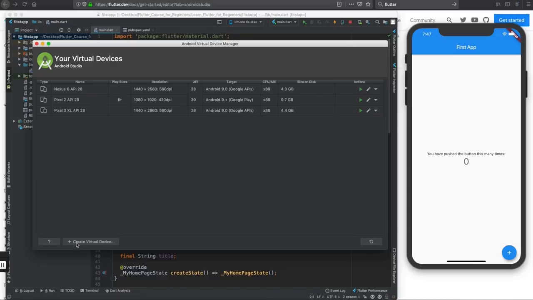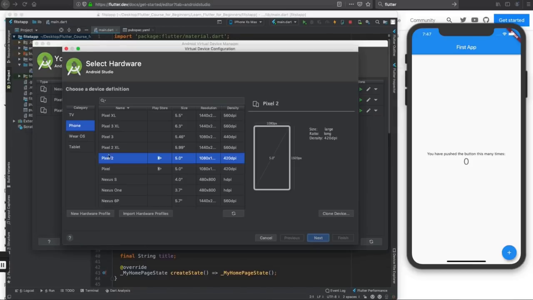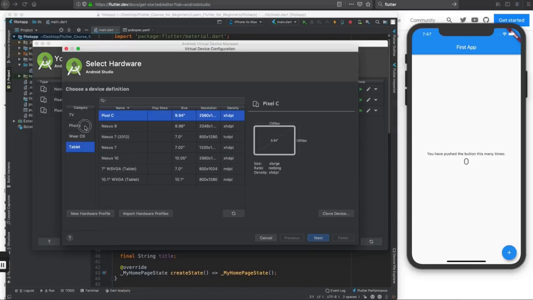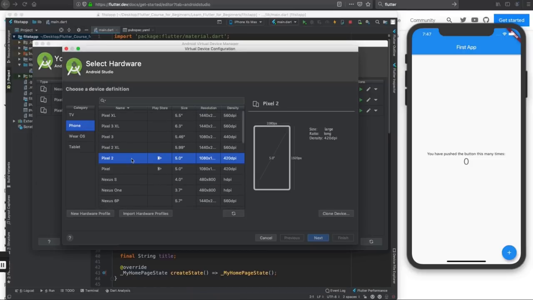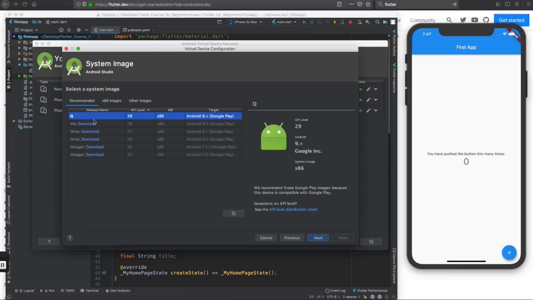But for you, you're going to create your virtual device, and you can choose tablet or phone, and choose the one that you would like to have. For example, the Pixel. You click next,